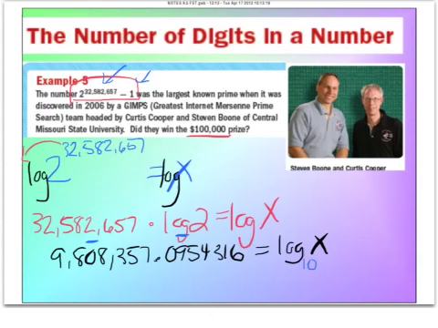So what I want to do is take this log base 10 of x and rewrite it as an exponent. Because here was the problem: the number they came up with is base 2. Base 2 is a different counting system. We use base 10 counting, so we can understand base 10. So whenever you have an exponential number that's not base 10, but in this case base 2, it's easier to rewrite it as base 10. So let me show you. If we rewrite this, we're going to have 10 to this power equals x. So I will write that right here: 10 to the 9,808,357.0954316